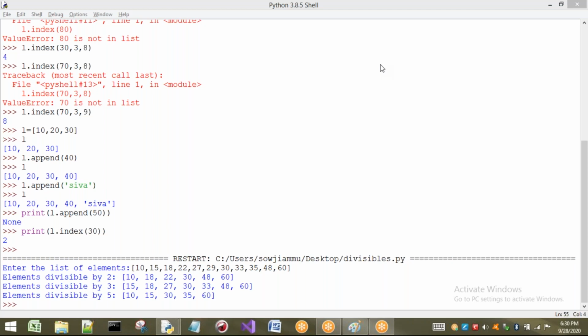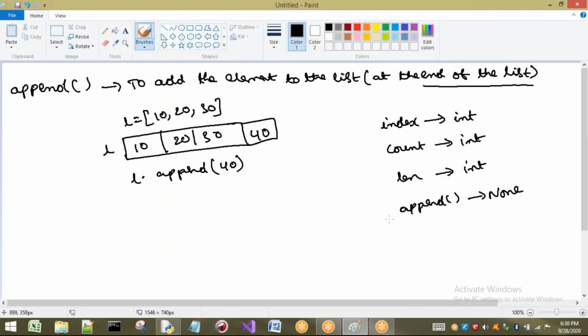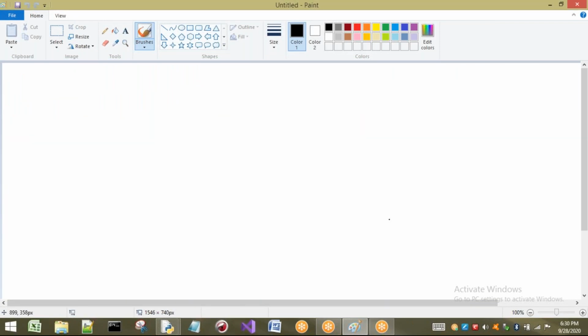Yes, it is possible with the insert method. The append method always adds at the end of the list only. The insert method inserts an element into the list at any specified location, or we can say at any specified index.